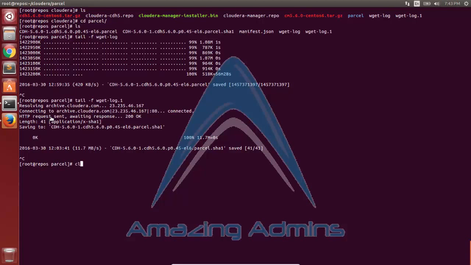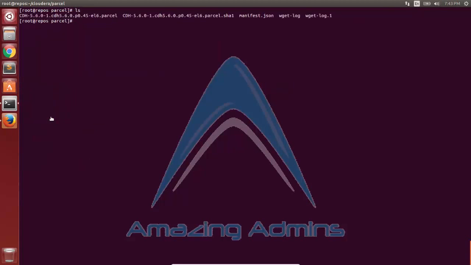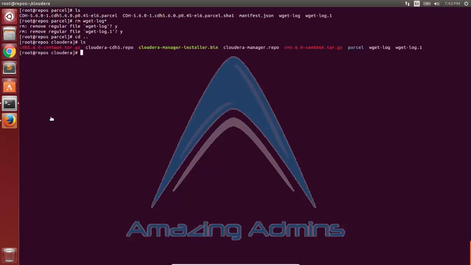We'll remove the temporary file, the wget log file. Removing both the log files here, which are not necessary. And I'll move the parcel to the web server's root directory, that is /var/www/html.